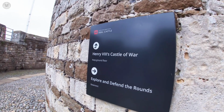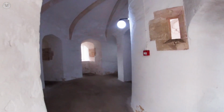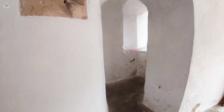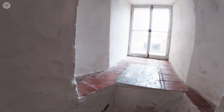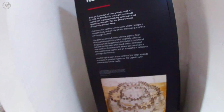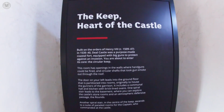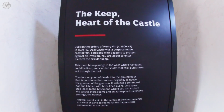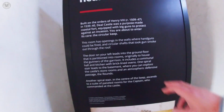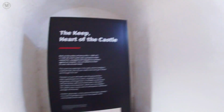So it's Henry VIII's Castle of War, the keep ground floor. I love all the whitewashed walls. Okay, so look, here's the staircase that we were looking at earlier from the bottom. The keep, part of the castle, built on the orders of Henry VIII. Purpose-made coastal fort equipped with big guns to protect against invasion. This room has openings in the walls where handguns could be fired and circular shafts that took gun smoke through the roof. I'm not seeing any circular shafts, but...